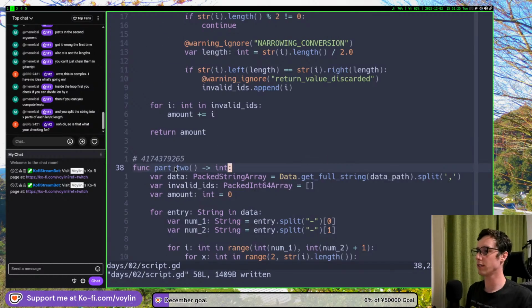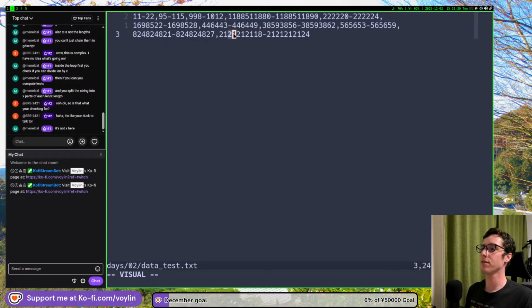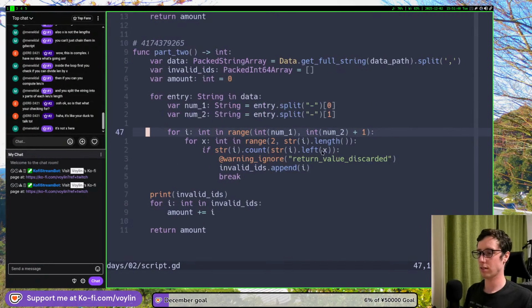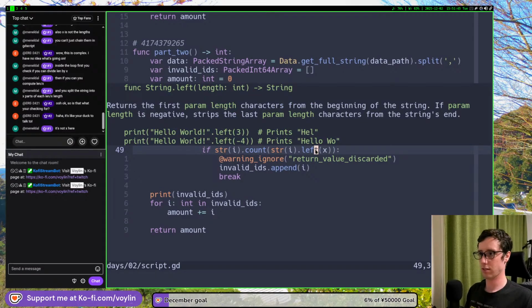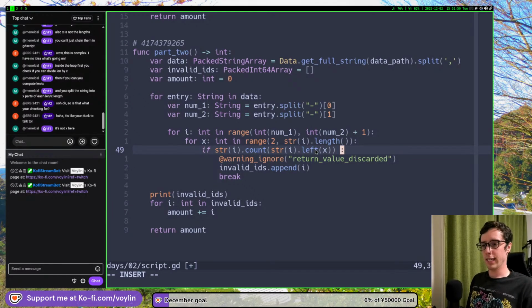Let's go to the test data. For example, we take 21. Then we count all the times that it appears, and then, if that is equal to x times